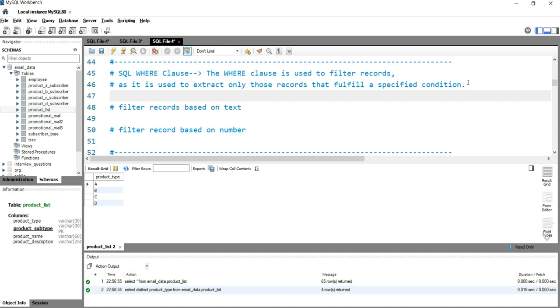If you want to filter records based on a text, you can do it. If you want to filter based on a number, you can also do that. If you want to filter based on a specific date, time, day, month, or year, you can do it with this where clause. So let's go and see an example of how we can use this where clause.